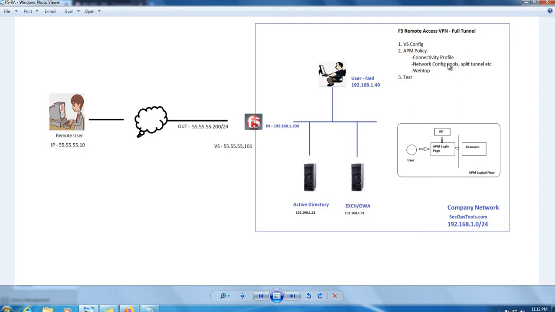Actually, I mentioned full tunnel, but we are doing split tunneling. What I want to say with full tunnel is that this PC becomes part of our network, and without any issues it can access all our internal applications with the same names that we use from our internal network. So our config is working fine. You can try it out, and let's see if you have any issues.